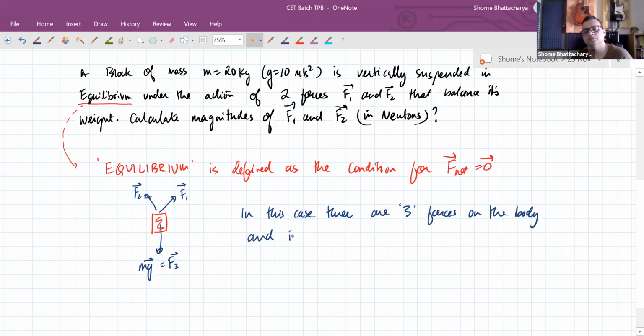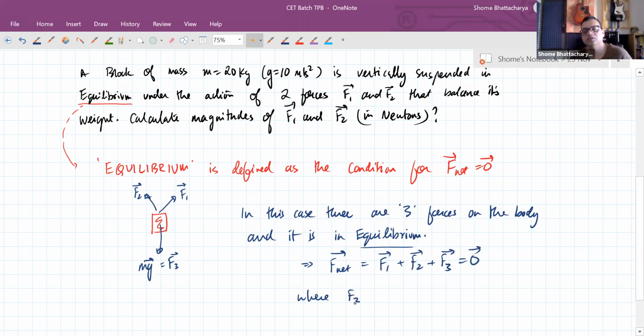And it is in equilibrium. Because it is in equilibrium, it means that the net force acting on it, which is the vector sum of these three forces, should be equal to 0. Where F3 is the weight of the body, which is mg vertically downwards,